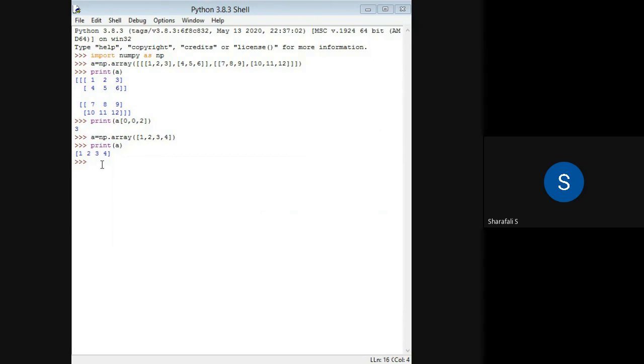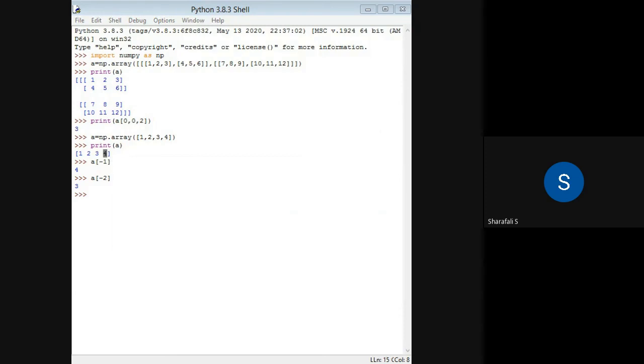So if I put a of -1, it is my first element. -1 is my first element in the reverse order. So then if I press enter, I will be getting 4. If I put a of -2, then I will be getting the second element, since this is -1 and this is -2. So remember that here we are starting from -1. There is no 0 when you're considering negative index.